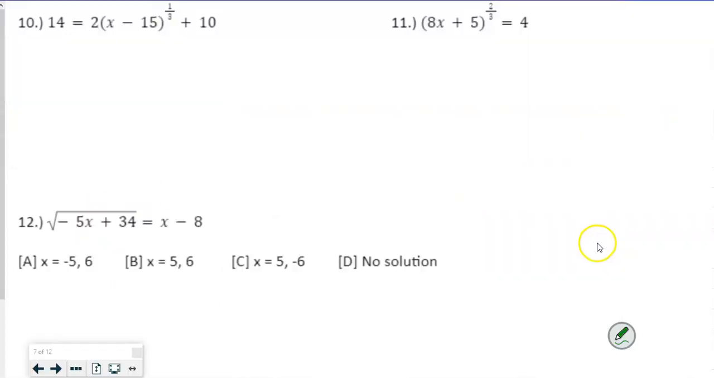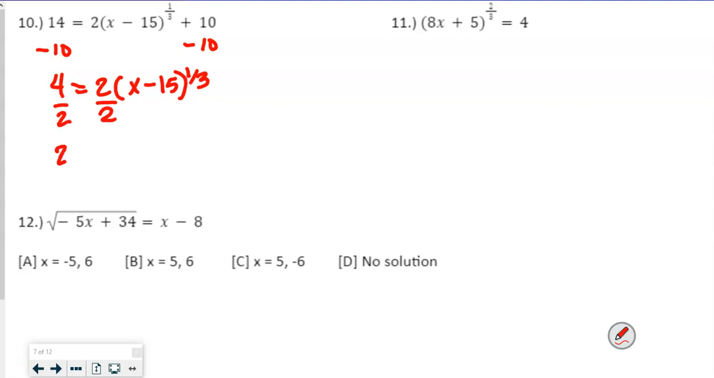So now with problems like 10 and 11, we can't use Desmos to do what we just did, okay? So we're going to actually subtract 10 from both sides. So this is going to be 4 equals 2 times x minus 15 to the 1/3 power. Then we're going to divide both sides by 2. So this is going to be 2. Sorry about that. Equals